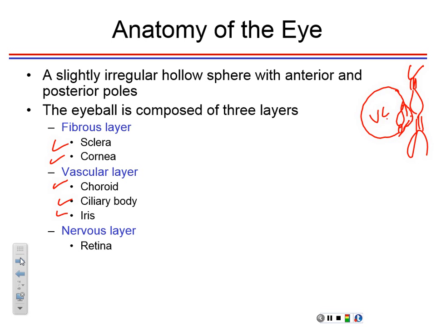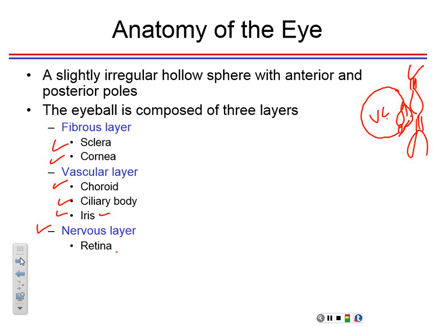So when we dissect through the eye, you'll be able to see that. And then, of course, the iris, which is the curtain of the eye, the one with the radial and the circular muscles. And we'll cover each of these separately, especially the iris, because it regulates entry of light into the eye. And then, of course, the nervous tunic will do quite a bit on that too, which is the